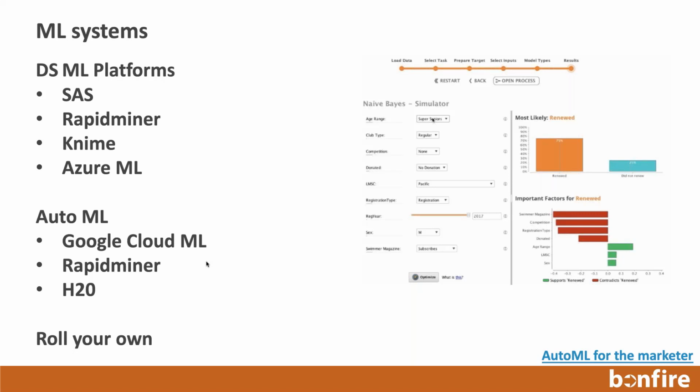They have open source or free desktop applications that have a GUI interface that allows a less technical person like me, because remember, I'm a marketer, not a developer, not a statistician. So it gives me some tools to do that data munging, data wrangling,